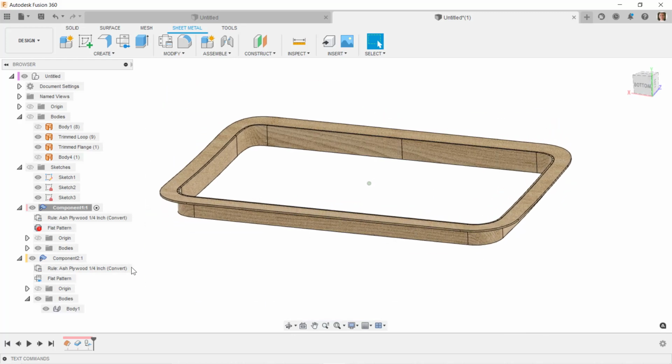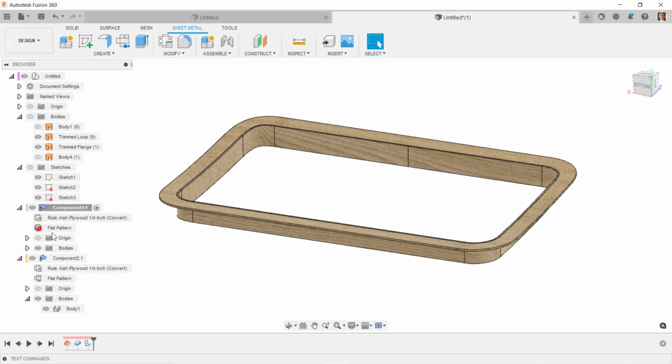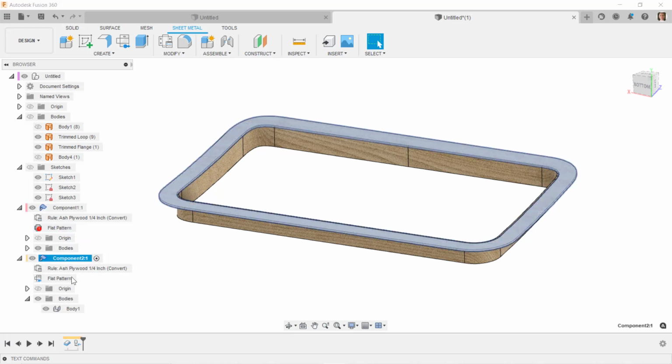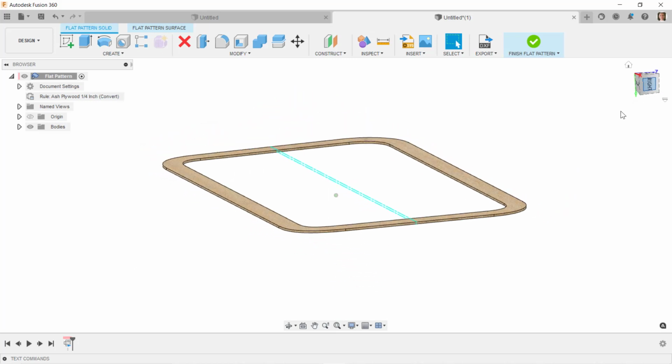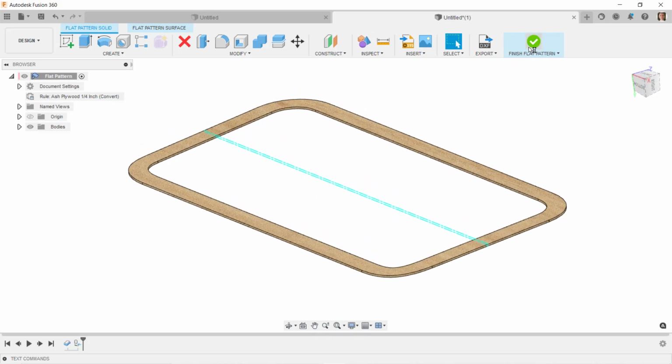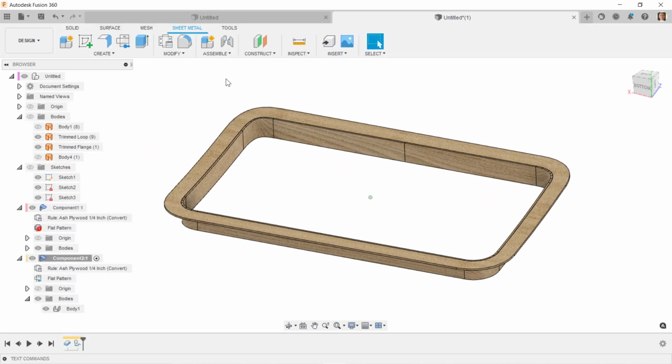If I come over here to my flat pattern, I see that the flat pattern for this component didn't work, while the flat pattern for this component did work. So if I go to that component, make it active, and I make that flat pattern active, this one does flatten out. Now one consideration we need to make on this is that when we set up our sheet